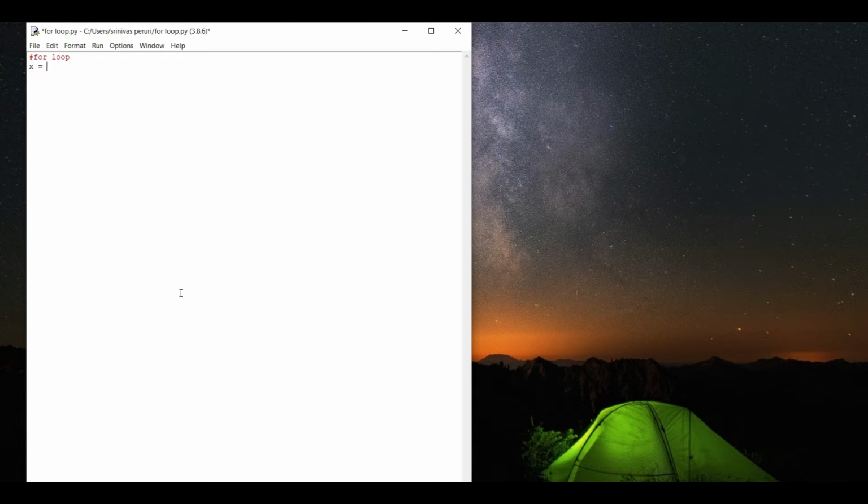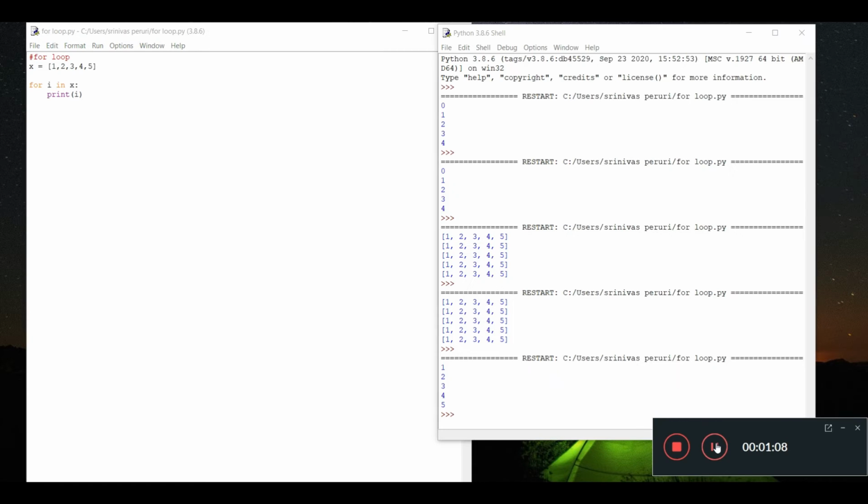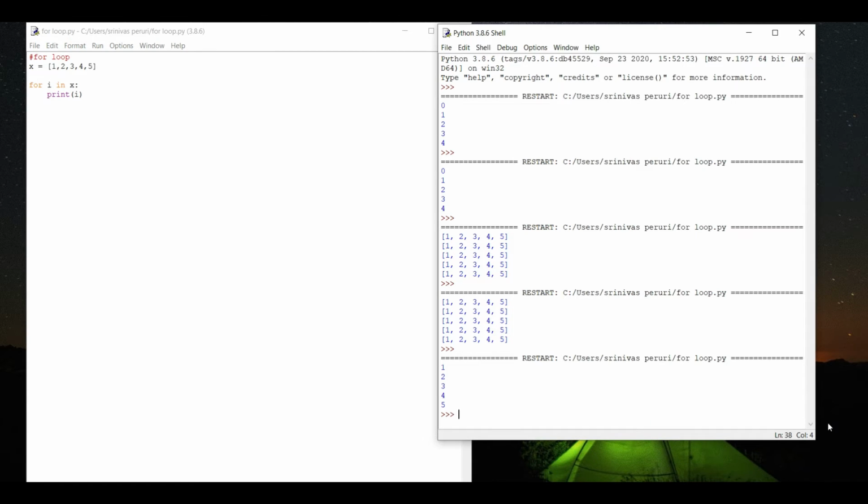Let's say I'm defining a tuple. You can take a tuple, set, list, or anything. Let's say I'm taking a list which has the values 4, 1, 2, 3, 4, 5. So I want to access these elements. I'll do it in different ways. For this, you can use a range function and define a range, or else I'll simply use this one.